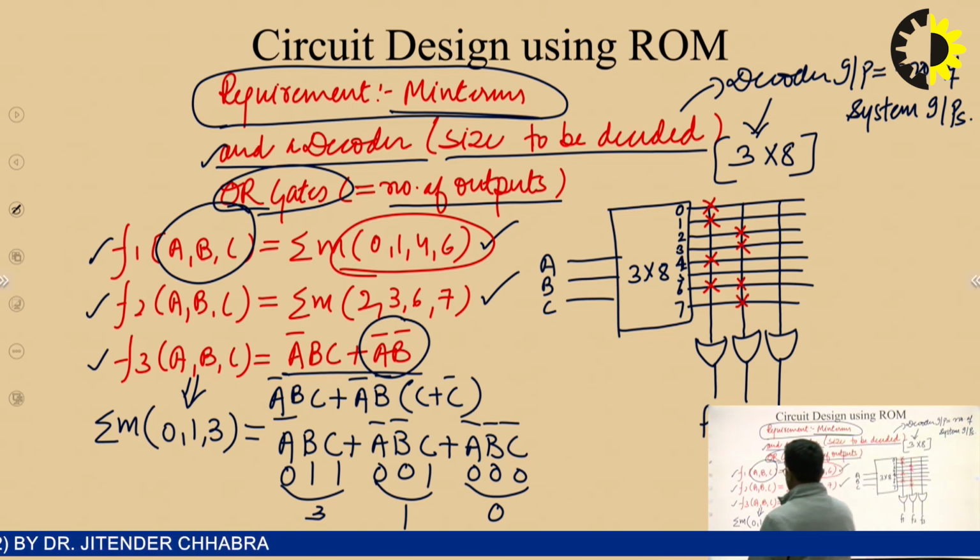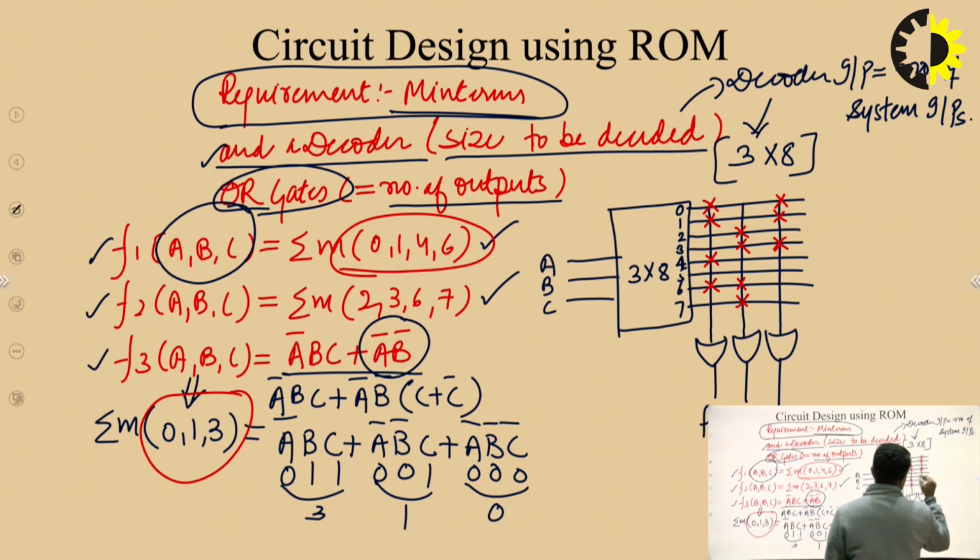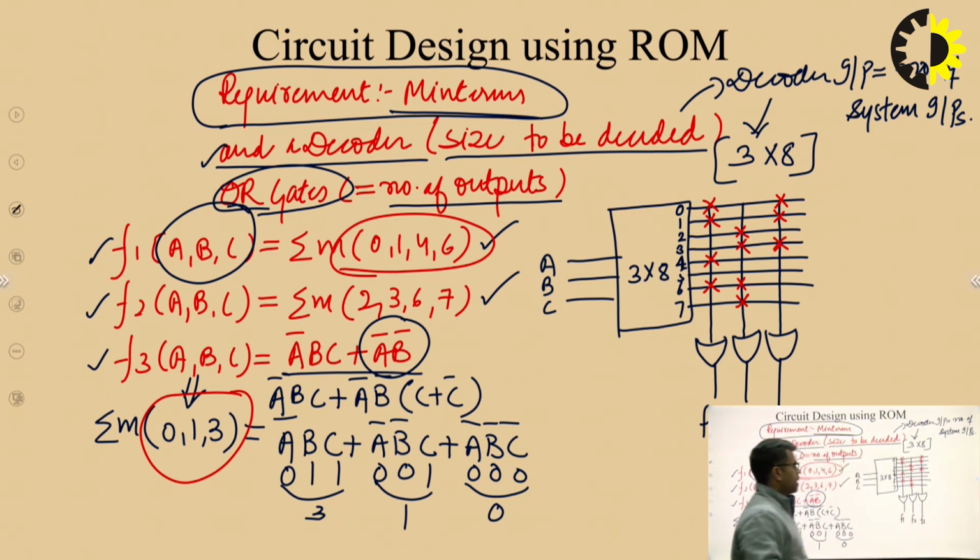And then F3. F3 is having minterms 0, 1 and 3. So this is 0. Then 1 and then 3. So this is how we can design a circuit using PROM. Okay. Now let's proceed towards